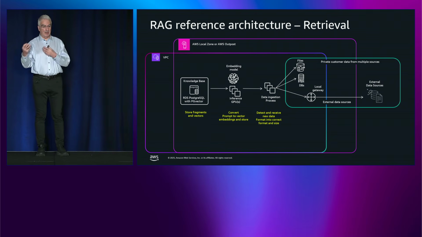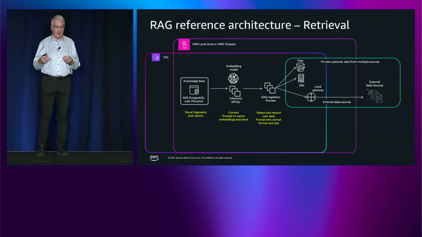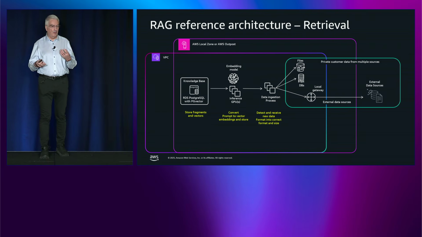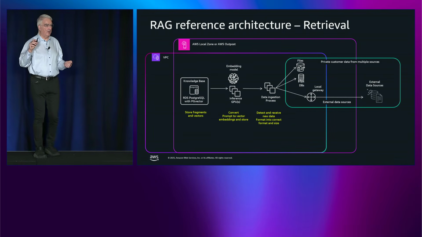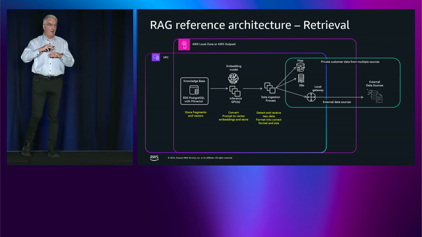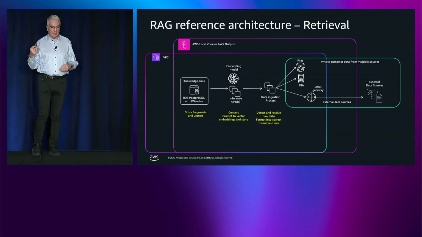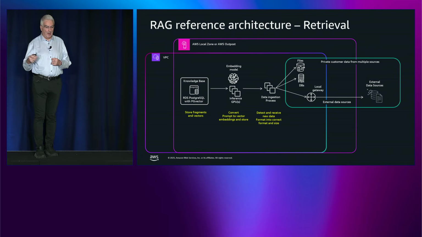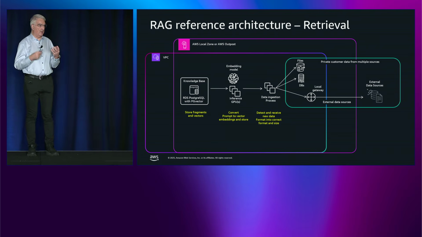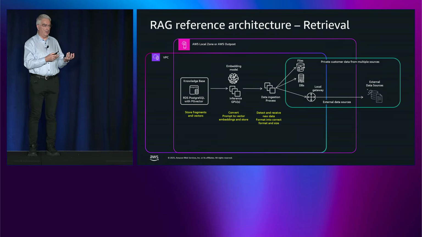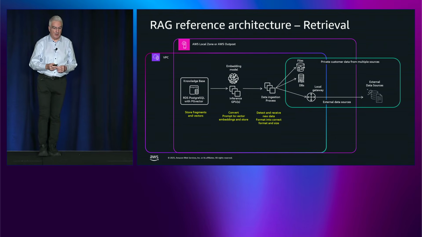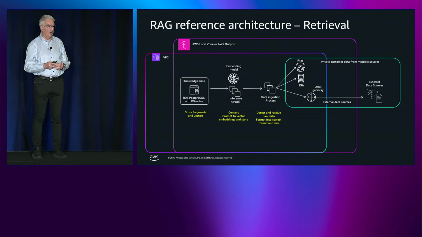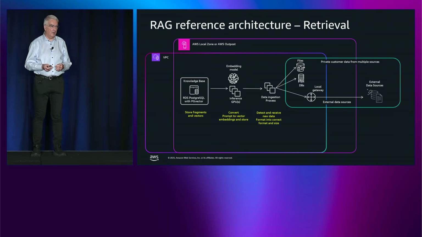The ingestion process, an application running on an EC2 instance, detects there's a new file or a new set of data and pulls that in. If it's a PDF, it also does the chunking strategy, because you don't want to put in a massive file as one chunk. You break it into maybe 4 chunks per page, etc. That's then fed in the right format into the embedding model, which converts it to a vector, and both the vector and the chunk are stored in the vector database. We're showing PG vector here on RDS Postgres, but we also have a demo using Milvus and others. The architecture is not fixed on any particular type of knowledge base.